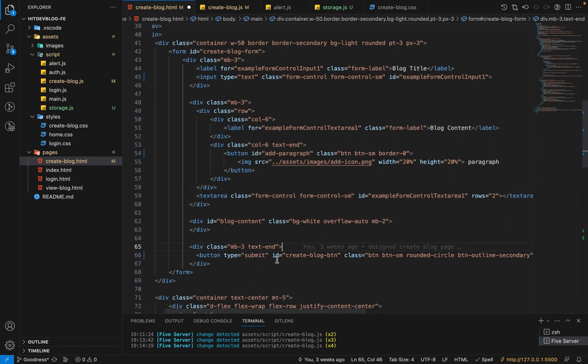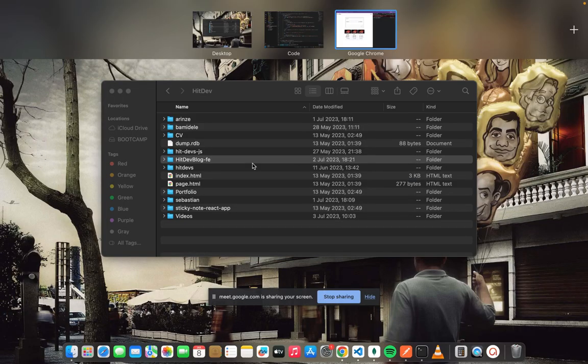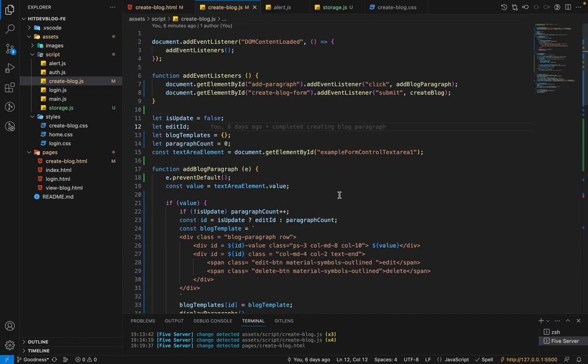Disable. I think there is a disabled. So this will disable it. What if we do it in the JavaScript? Yeah, we'll do it with JavaScript. So it's going to be disabled by default. Now we turn it on with JavaScript. So we'll come here, and then when we click on this submit,